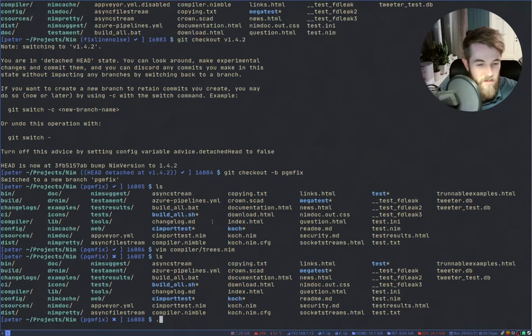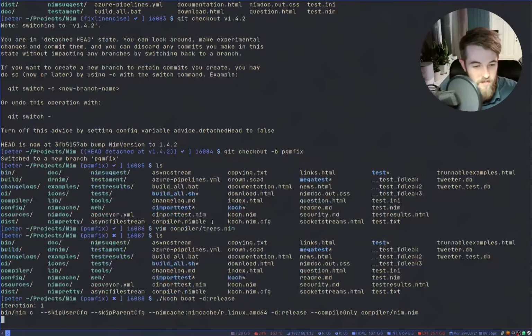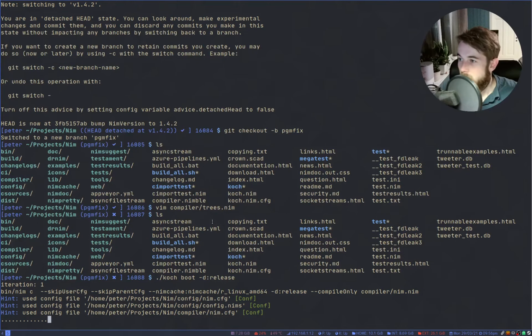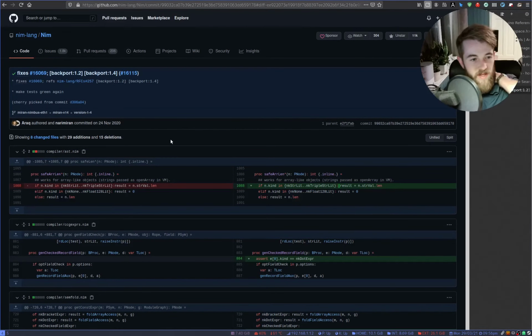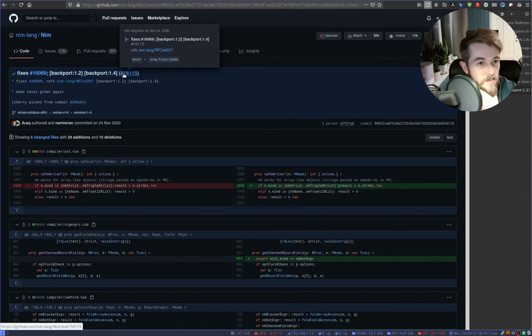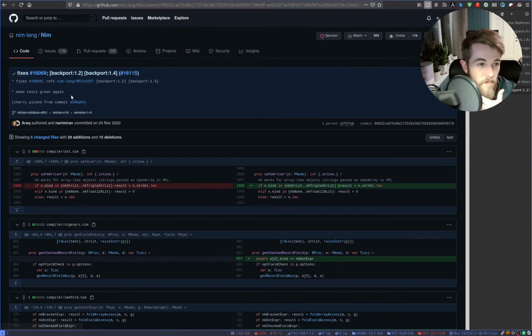And now run, I guess it's this. So just build a new Nim compiler. So hopefully this bug or this issue will get fixed. And this was even backported into older versions. I'm not entirely sure. So it fixes this,